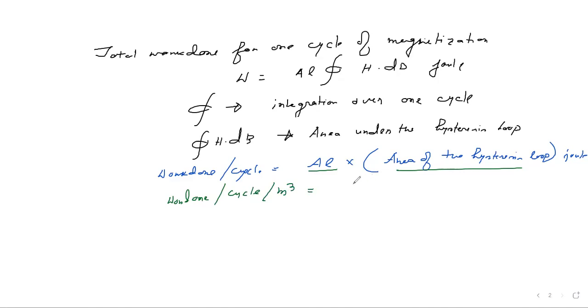So what does this simply represent? This is simply represented as the area of the hysteresis loop, and the unit is joule per meter cube per cycle. Here also it is joule per cycle. In that way you can find out the hysteresis loss for a particular